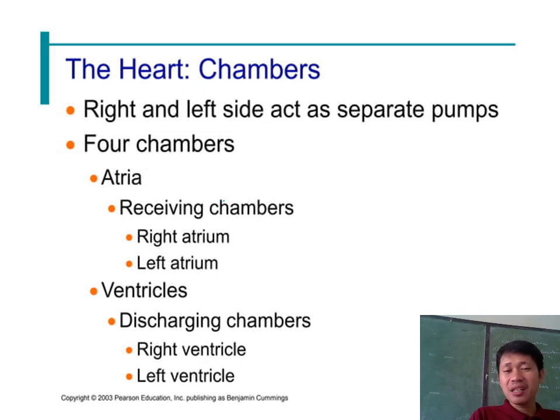For example, the atria, the right atrium, for example, it receives blood, no? It also contracts with less force compared to the ventricles, because atria only pump the blood to fill the ventricles. In comparison, the ventricles pump the blood so that the blood would flow throughout the body. So we call the atria the priming pumps, compared to the ventricles, which are the power pumps. They do strong contraction to push the blood throughout our system, throughout our body.